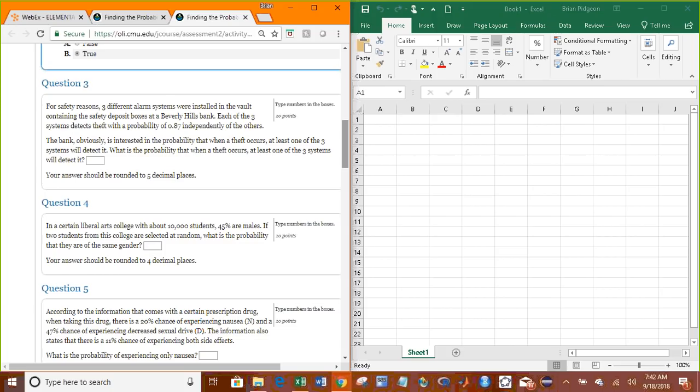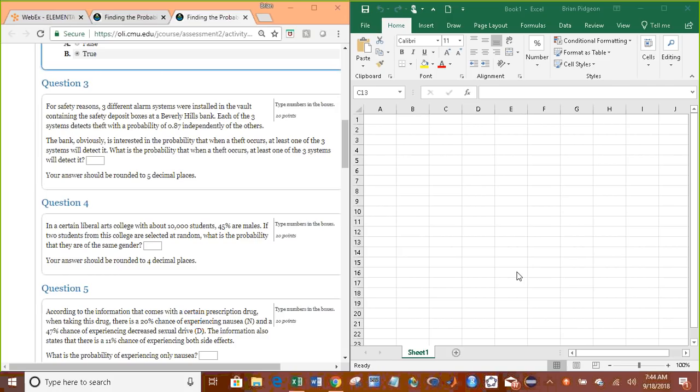What is that probability? Okay, so to find the probability of at least one of the 3 systems detecting it,